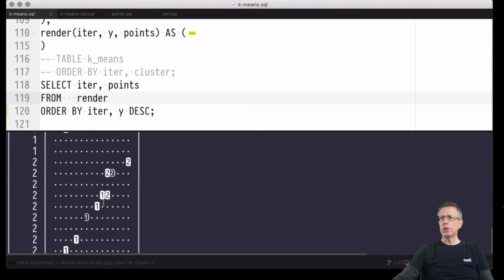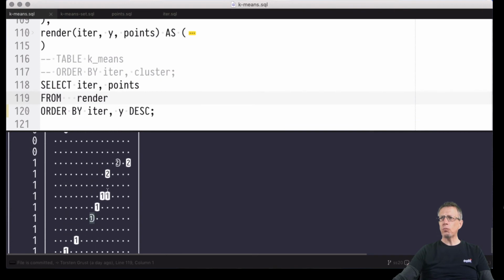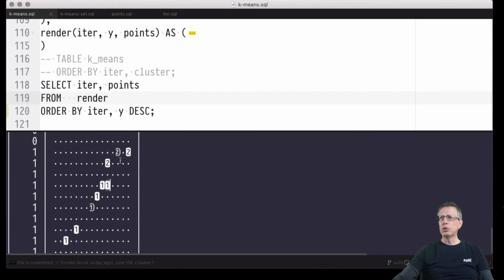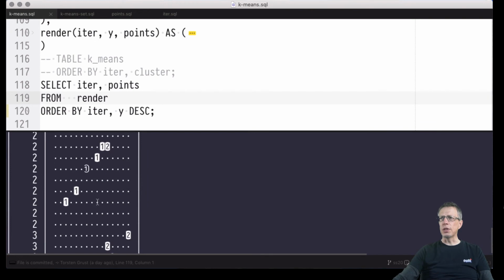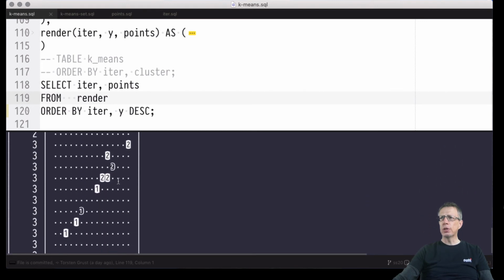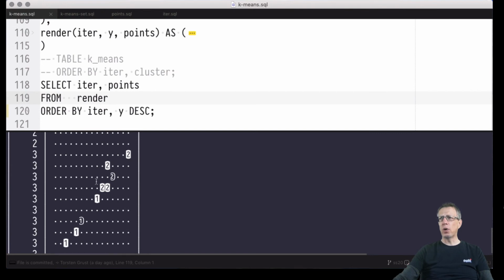This changes in iteration 2 already, when we find that this particular point is indeed closer to this cluster mean than to this cluster mean, and so this will change now. Its assignment will change, and of course the location of the means will change. Right, so this is the third iteration, where you can see that the mean of the first cluster wanders towards the bottom left here of our two-dimensional space, while the mean of the second cluster approaches the center